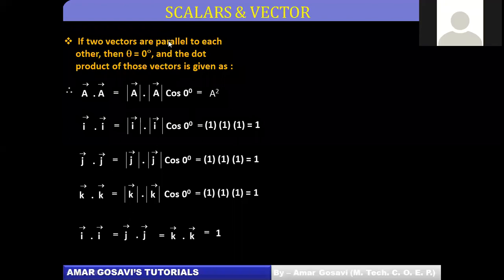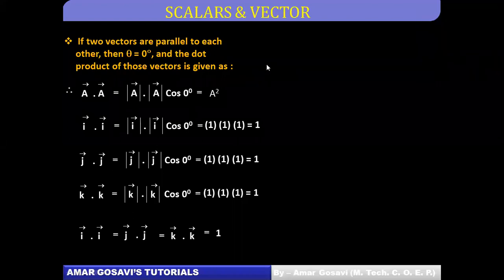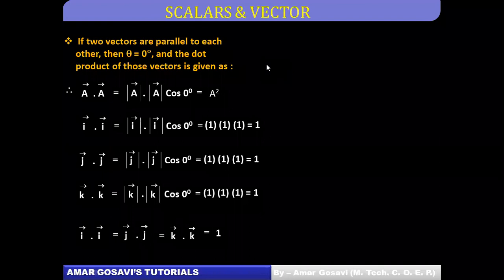Okay, that's the only point, and we will talk about the other cases in subsequent stages. So just make a note of this before we proceed further, friends. Once you are done with it, let me know so that we can move ahead. So this is a particular case where the angle between the two vectors will be 0. Okay, I believe I should assume that you are done with it.